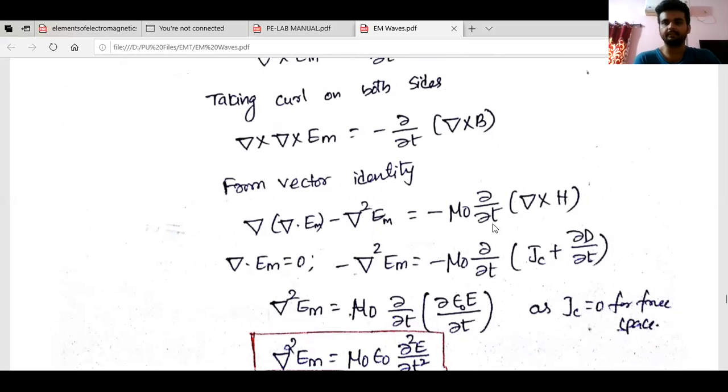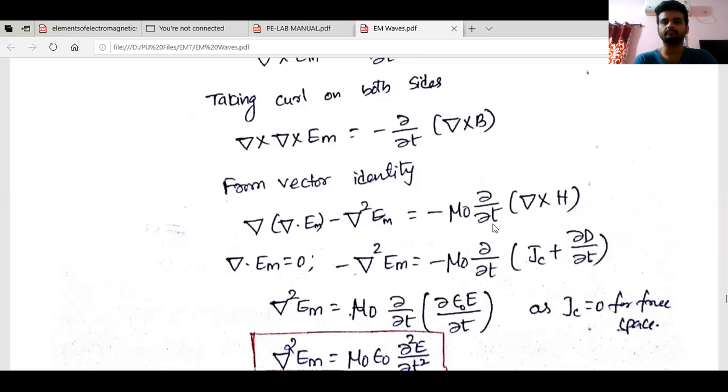Now very important concept here. Recall static electromagnetic fields. In static electromagnetic fields, del dot E was rho V by epsilon naught. Correct. And del cross E was 0. Del dot E equals rho V by epsilon naught, that means some positive value was there. But del cross E was 0 as the electric field was conservative in nature, or irrotational, whatever you can say. In time varying electric fields, del dot E is 0, but del cross E is non-zero. Del cross E is minus del B by del t.